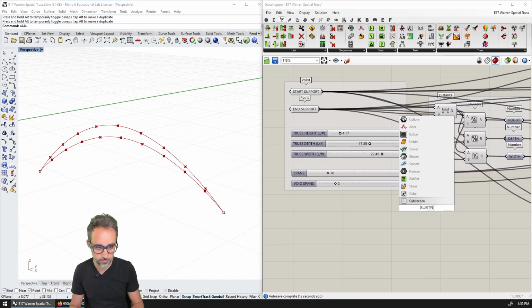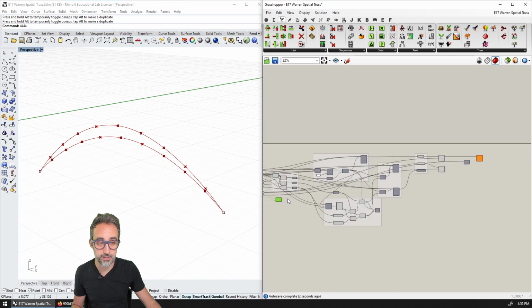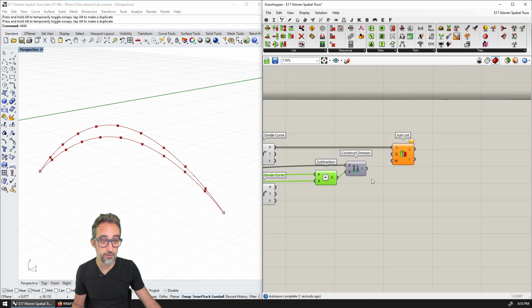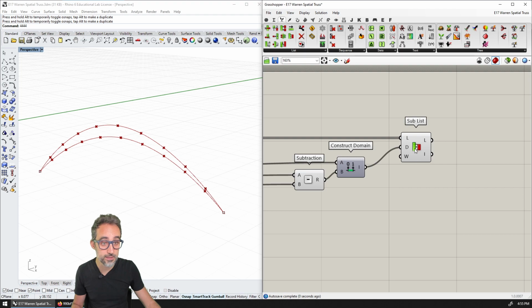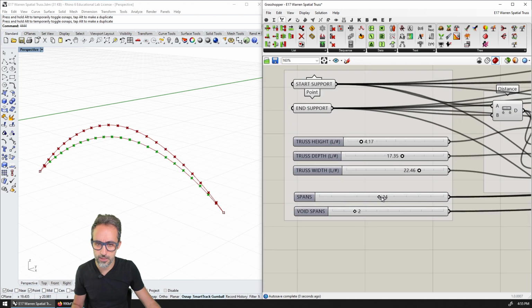I'm just going to create a subtraction here. I'm going to subtract the amount of void spans from the total amount of spans, and that is what I'm going to use for the end of the domain. If I plug that domain in here, you can see that when I click, this point turns on, and let me see if this works. If I add many more spans, yes, it is true that there are always 2 empty ones here, but if I increase this, you can see how I start getting more empty spans on each side. So I think this is working correctly so far.